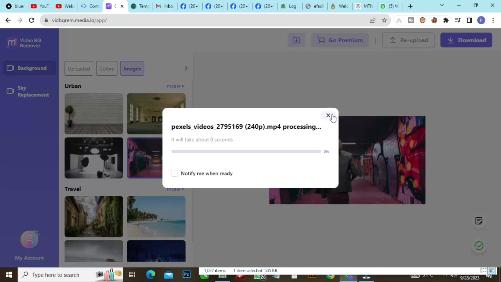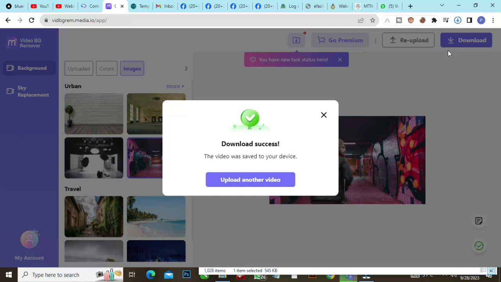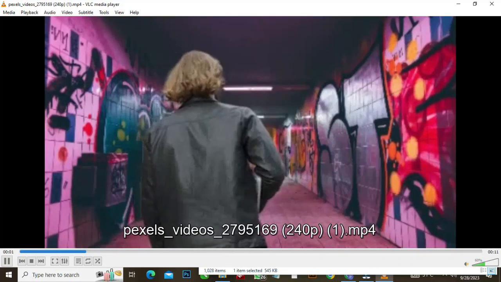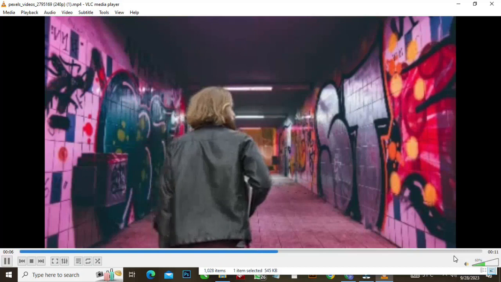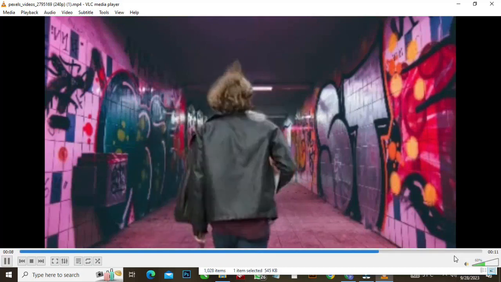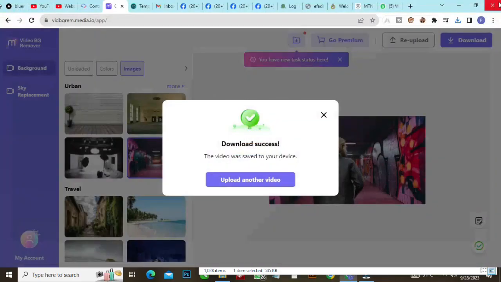So it may take about, that's its network. It's going to download now. So with this, we can remove any kind of video background. We can remove them. As you can see, it's downloading. So let me open it. Can you see it? And if you check the original video, it's 11 seconds all the time. Can you see it? So that is how to remove any kind of video background from this website for free